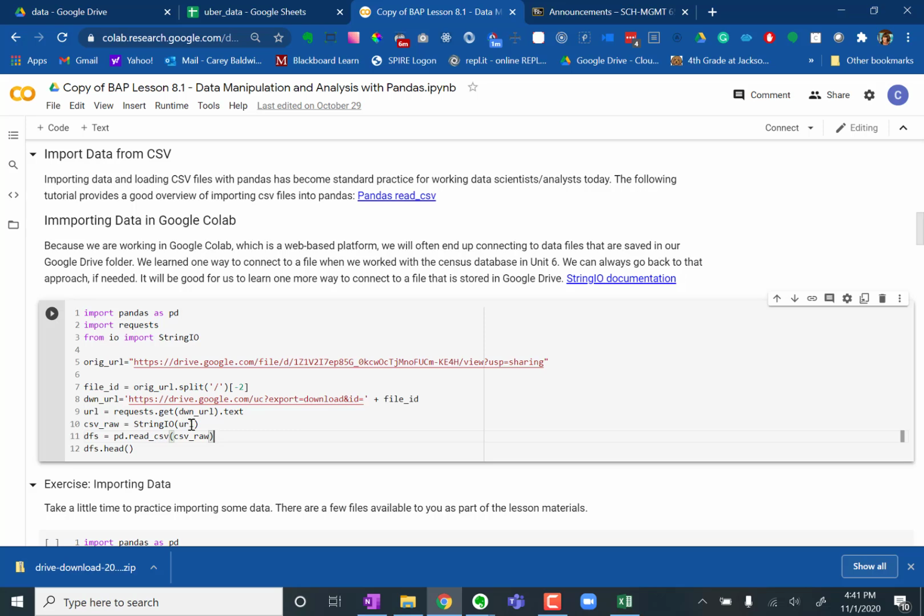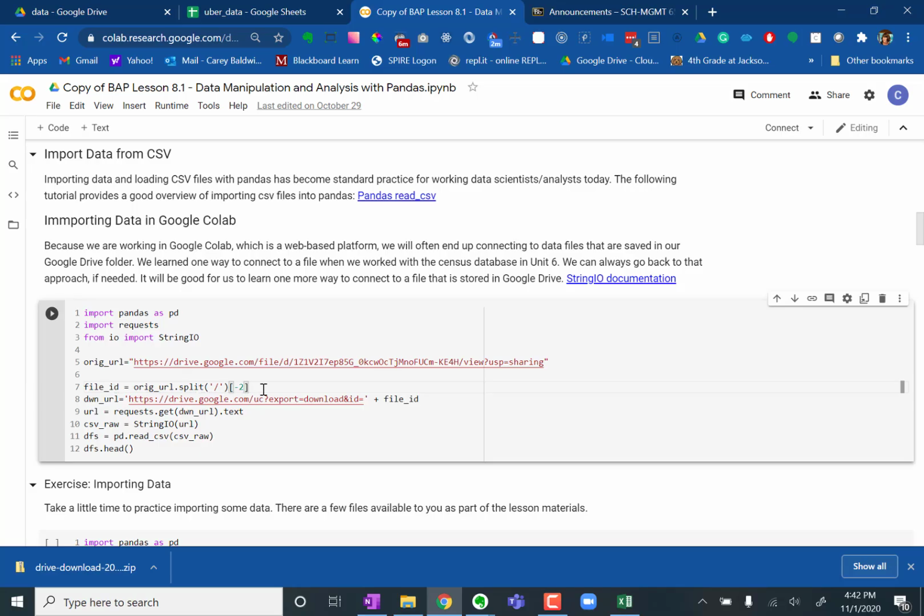That actually helps us avoid pulling in some of the metadata that we don't actually want as part of our pandas data frame. Okay, so this line in line 7 is going to get just the file ID,